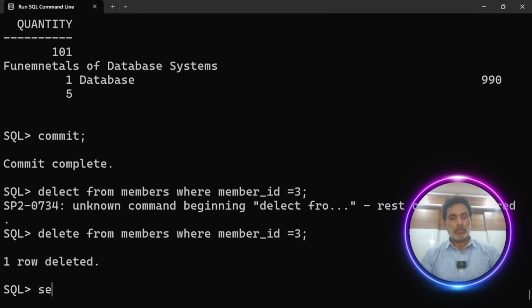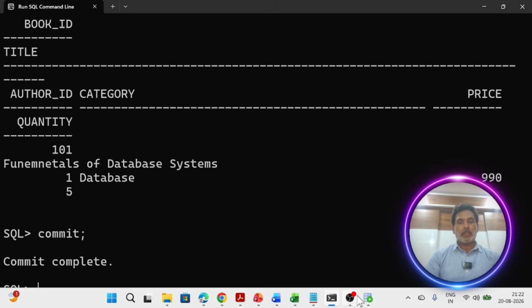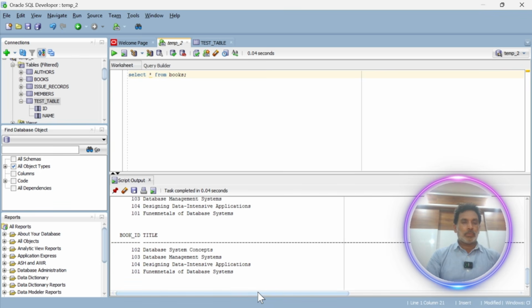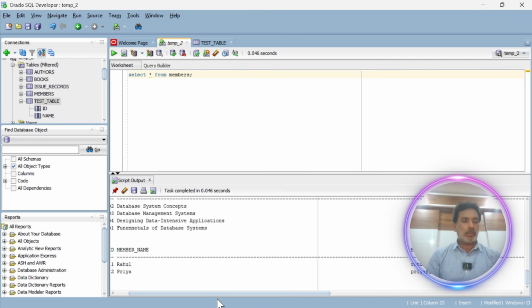Okay, so you can just check select star from books, or just commit. So sorry, not books, it is from members table. We have deleted one member, so we have only 2, member ID 1 2, because we have inserted